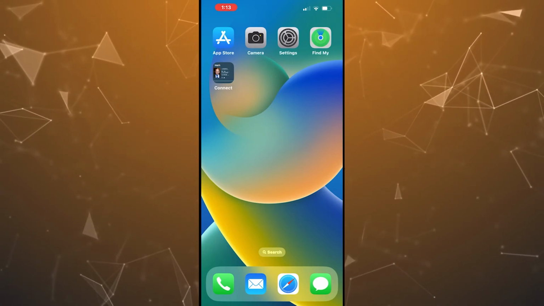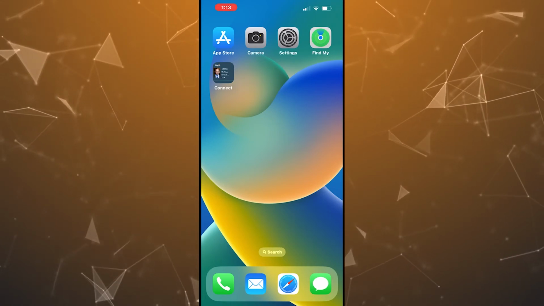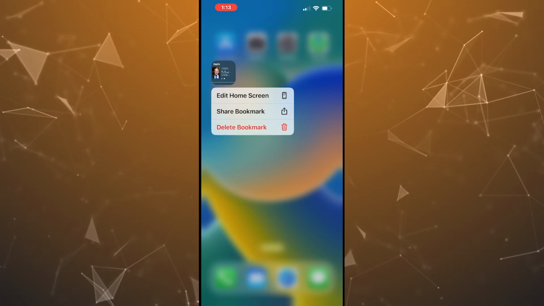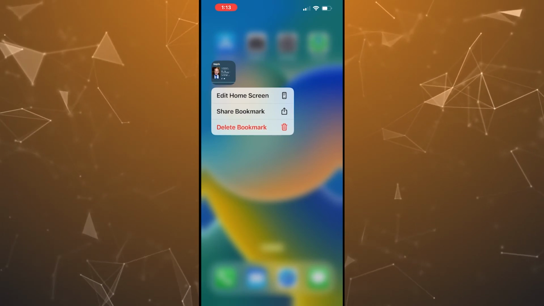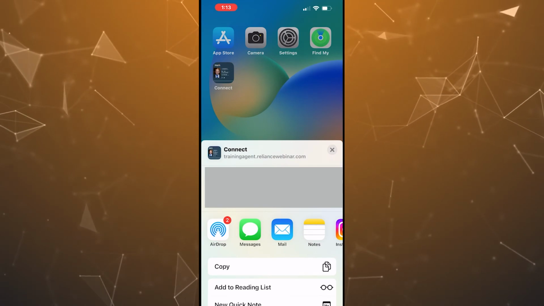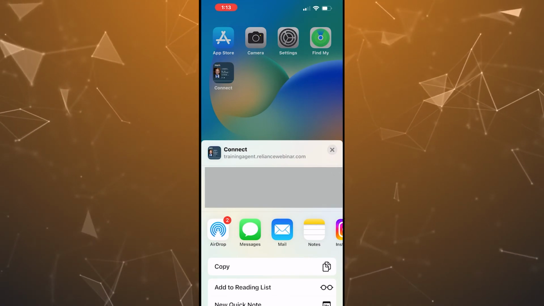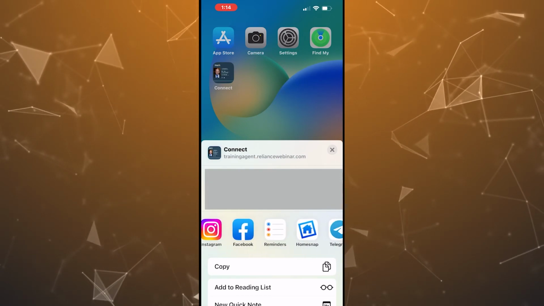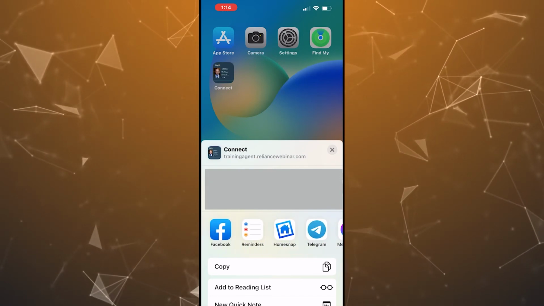Now, to share this with someone else, which is of course the ultimate goal, the easiest way is to simply hold down on that icon on your phone, and you'll get the option that says Share Bookmark. When you tap there, you get all of your primary sharing options that you would have on an iPhone. So I can go to Messages or Mail, Instagram or Facebook, or really any method that I wanted to use